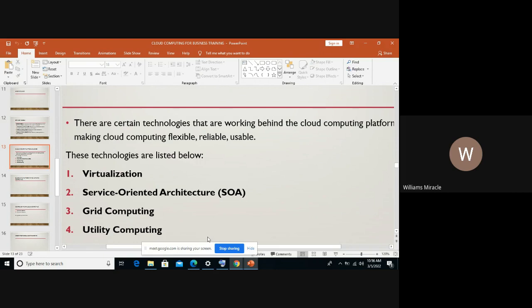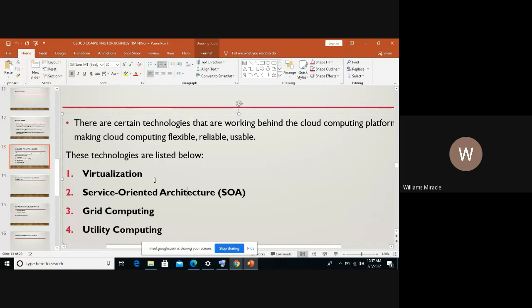You see a platform like this, which we are using for this training session. There are technologies that have already been put in place, which have made it easier for this application to be running, accommodating every one of us, making us able to collaborate with each other.